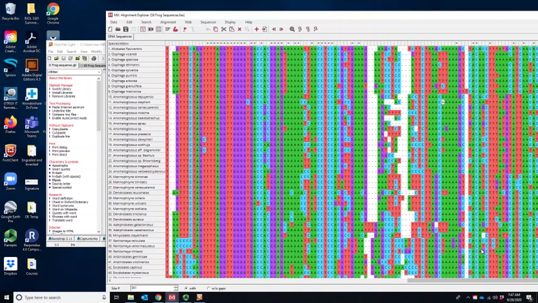So for project two, I got a little bit behind, so we'll do it a little bit differently. Rather than having you put together a data set, I'm going to give you a data set to work with. You've already had some experience, at least a little bit, with downloading sequences from GenBank and how that's done in